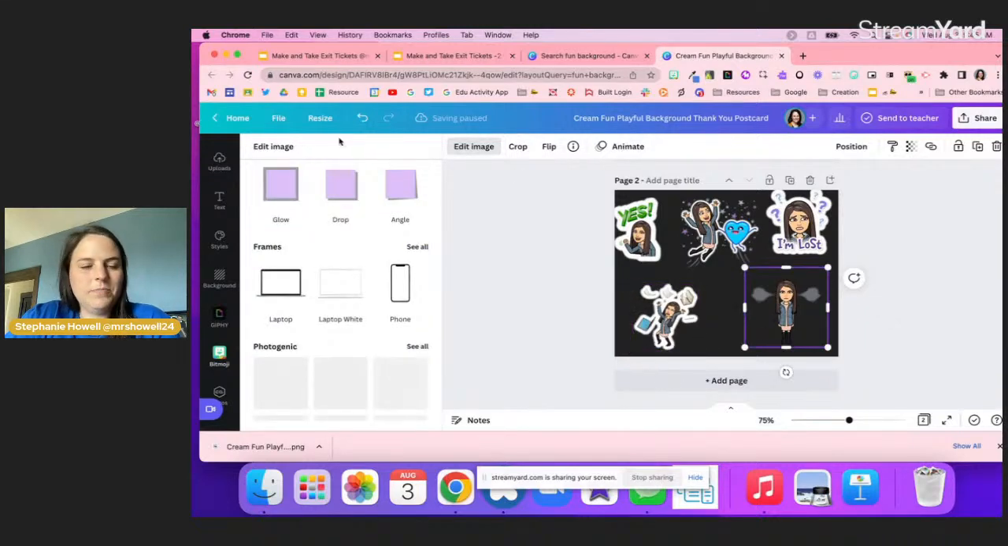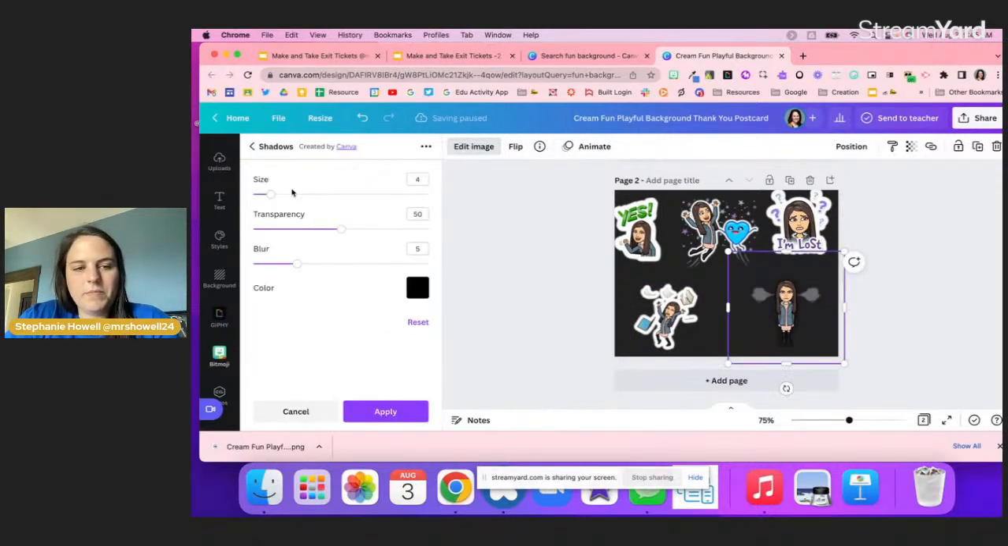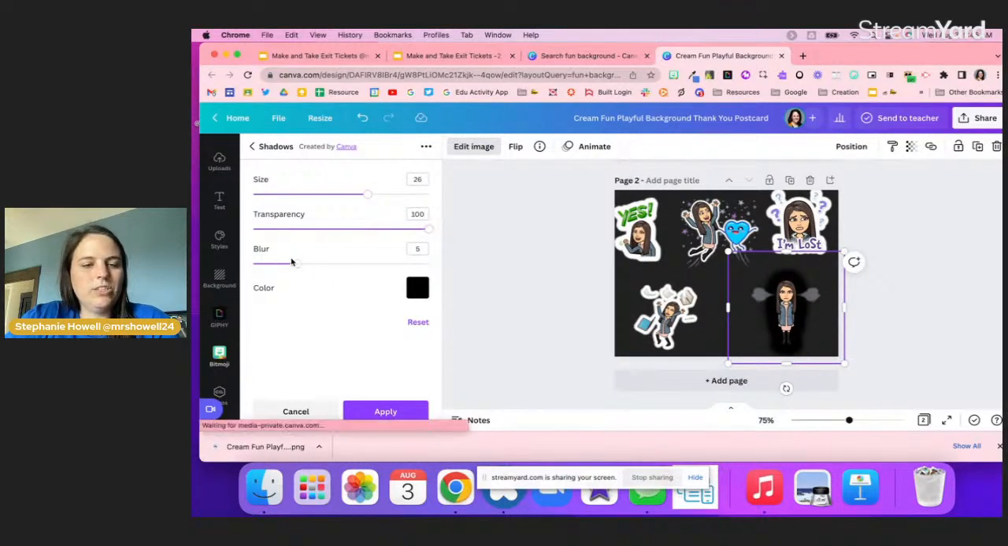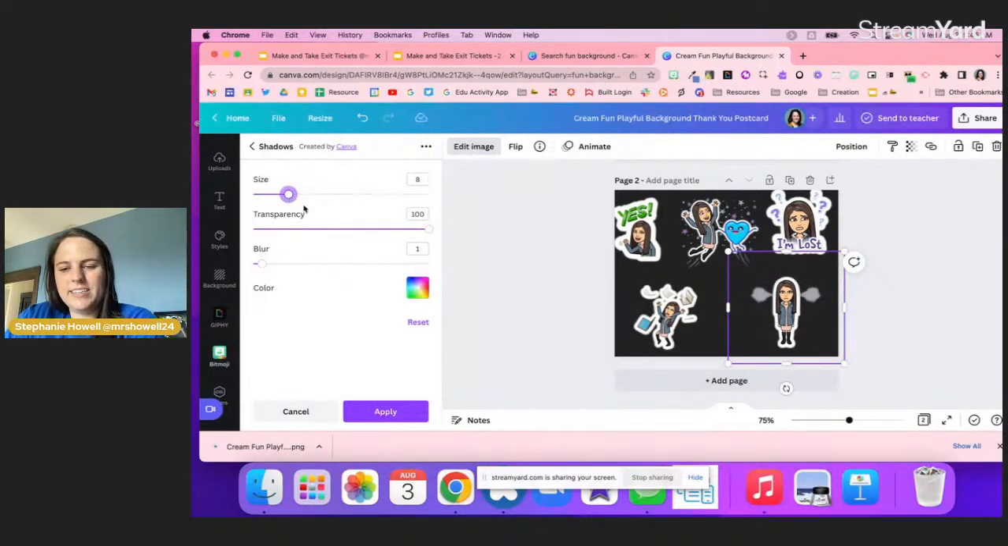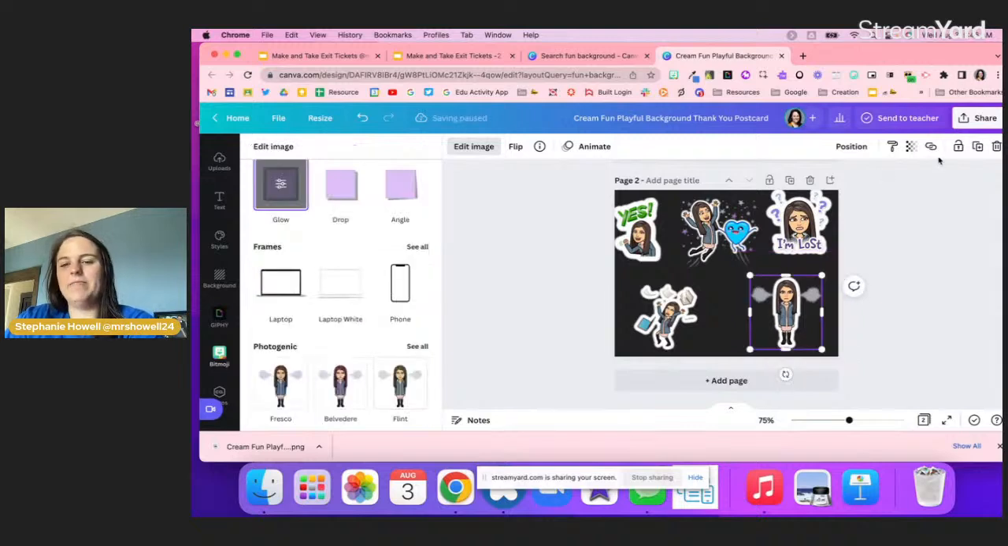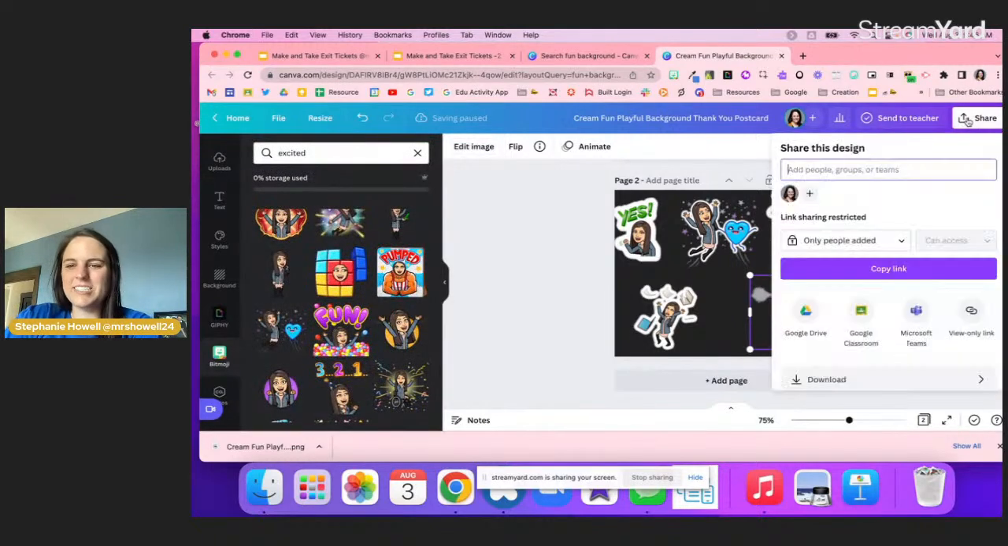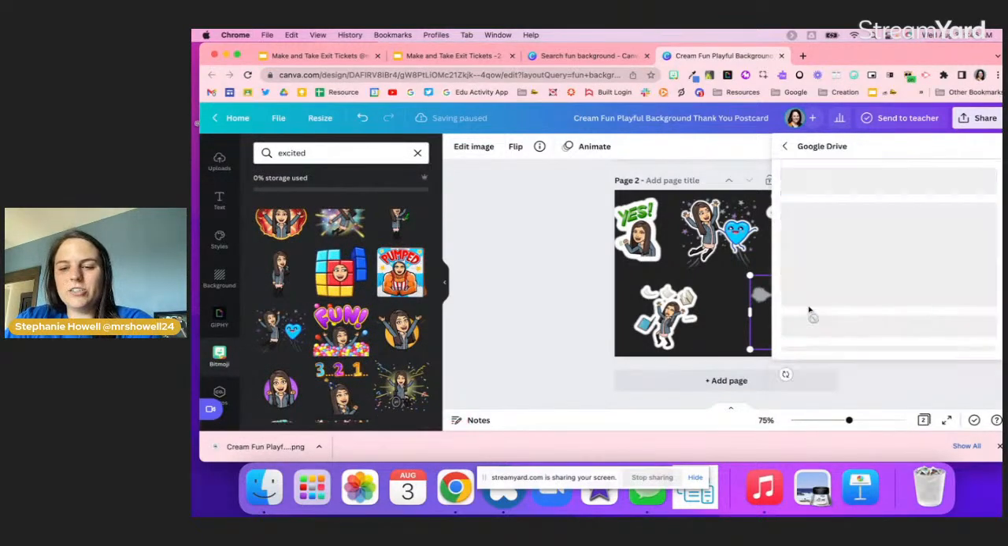And then this last one, glow, command center. I'm going to do my size. Oh, transparency. That's going to be huge. And then the blur, and I'm going to do white. Okay, and I'm going to play with my size now. Right there. Perfect. Okay, so now that I've got my little stickers, I'm going to hit share, Google Drive,